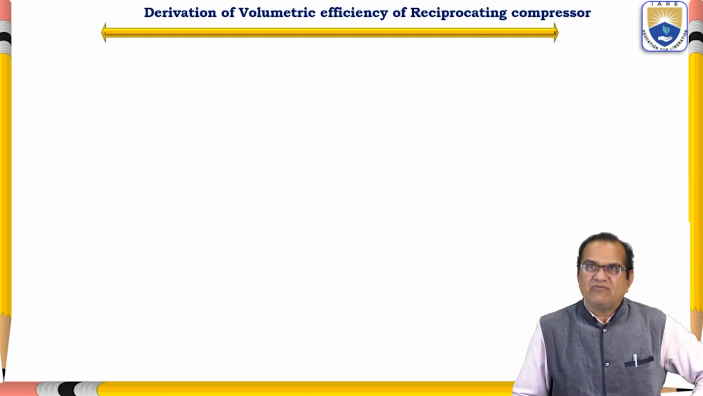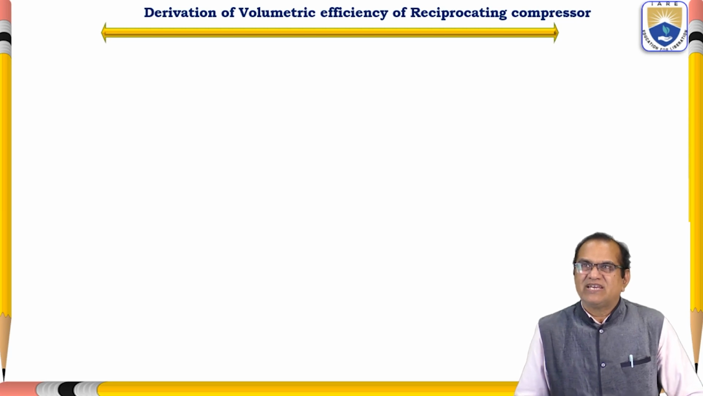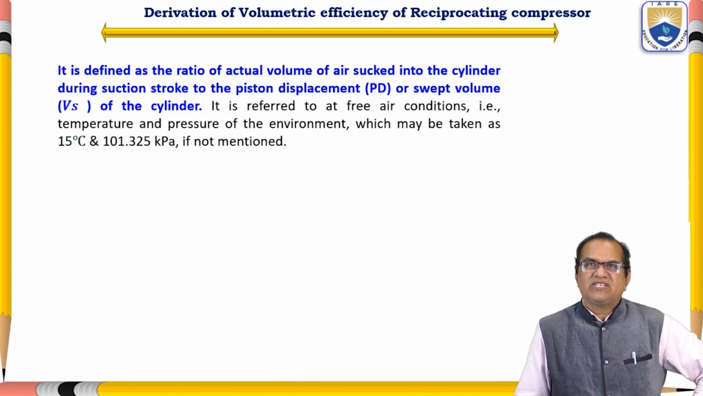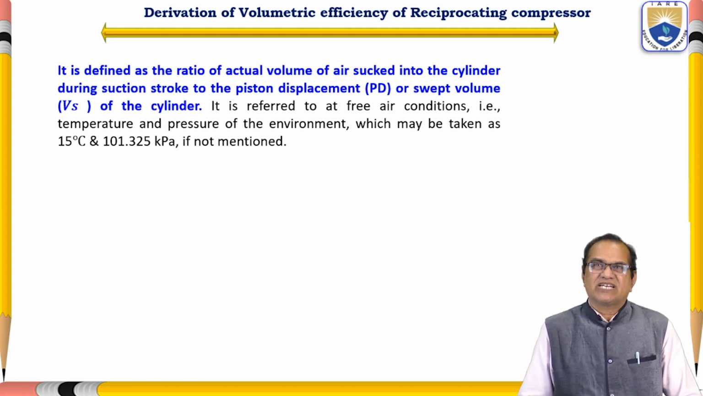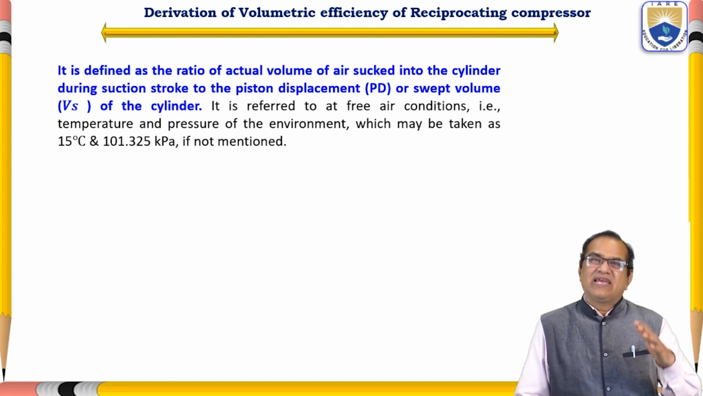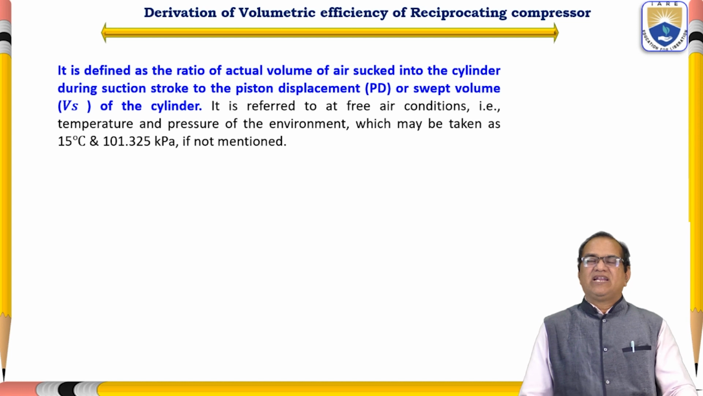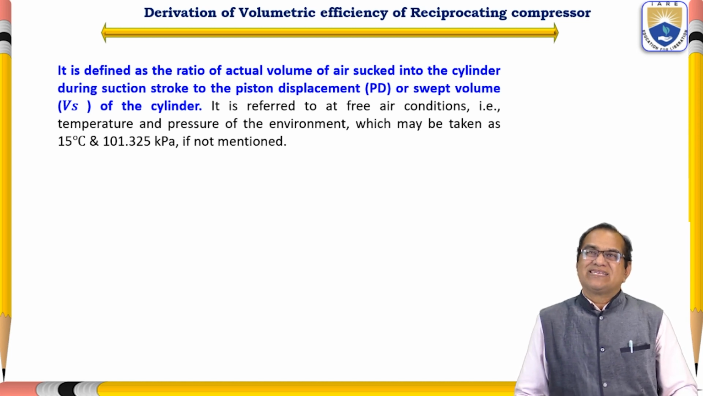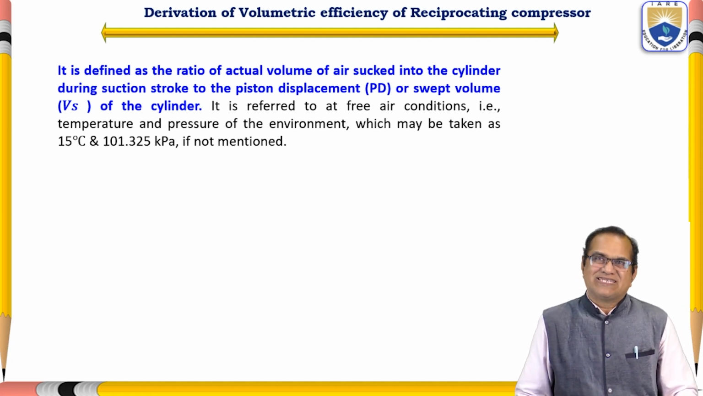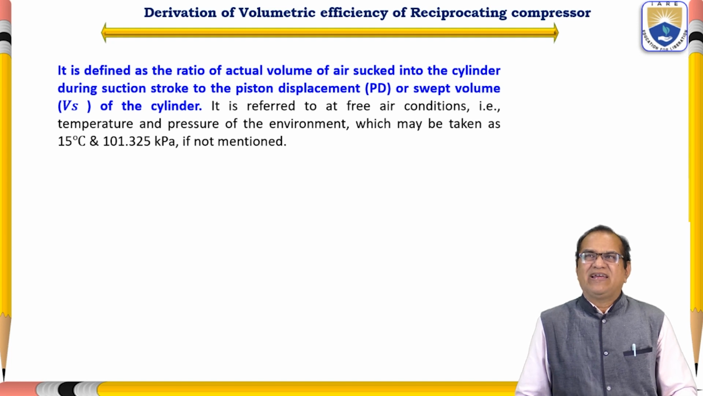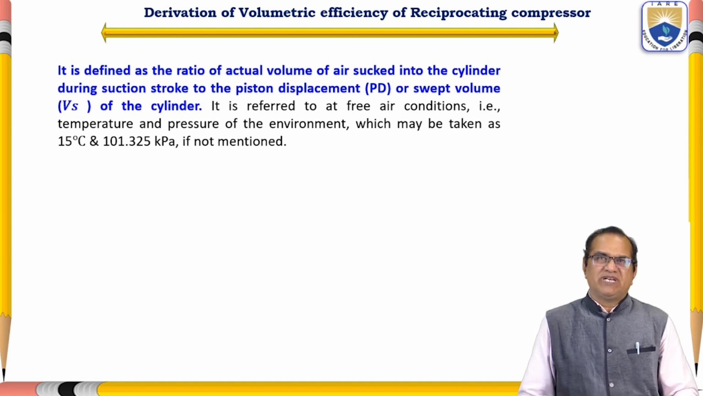So now we will derive the volumetric efficiency of a reciprocating engine. It is defined as the ratio of the actual volume of air sucked into the cylinder during the suction stroke to the piston displacement or swept volume of the cylinder. So it is a real case of how much it is sucked and how much it is delivered. So it is the ratio of the sucking volume divided by the swept volume or the displacement volume of the cylinder. It is referred to as free air condition, that is the temperature and the pressure of the environment, which may be taken as 15 degrees centigrade and